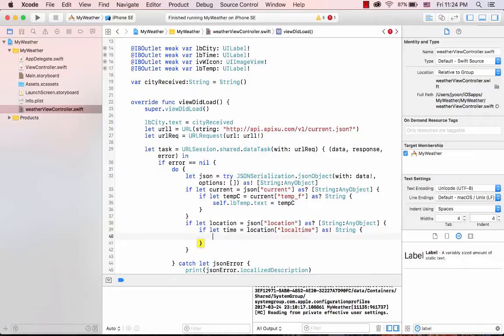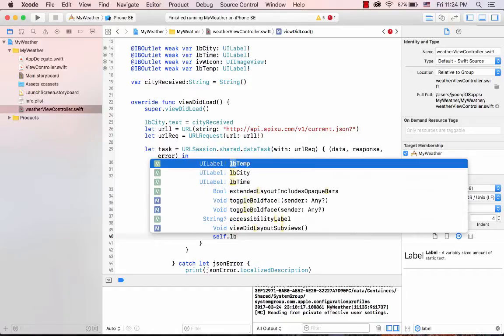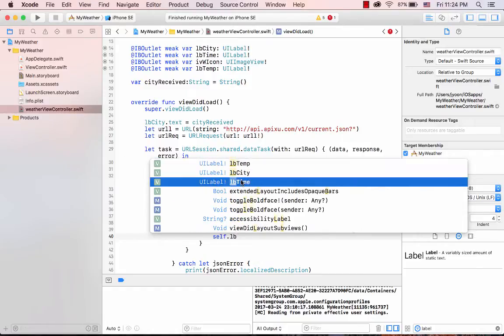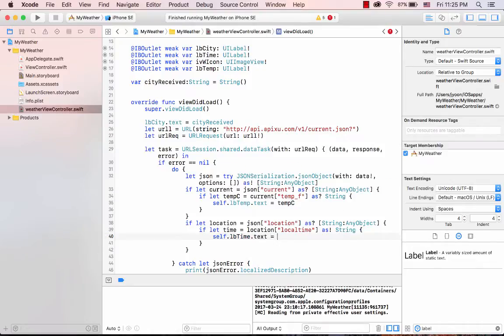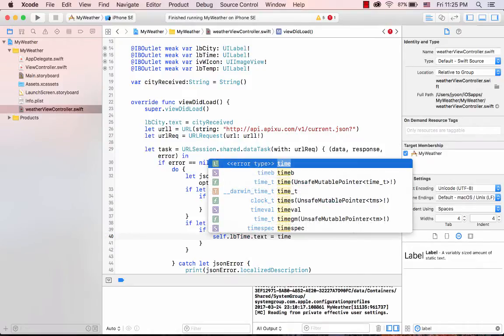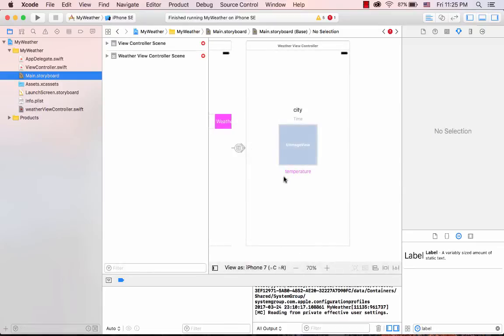If that is done, then self.lbTime.text, this third one, right? Dot text needs to be the time. And in this way we filled this and that and the city name. Now,